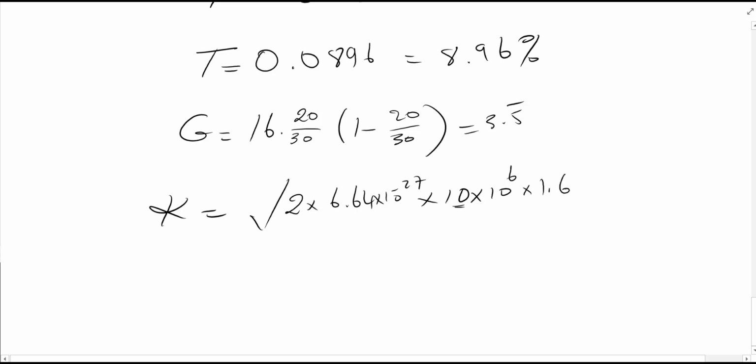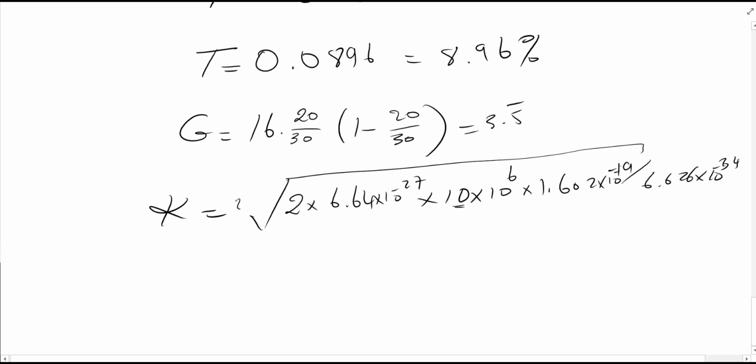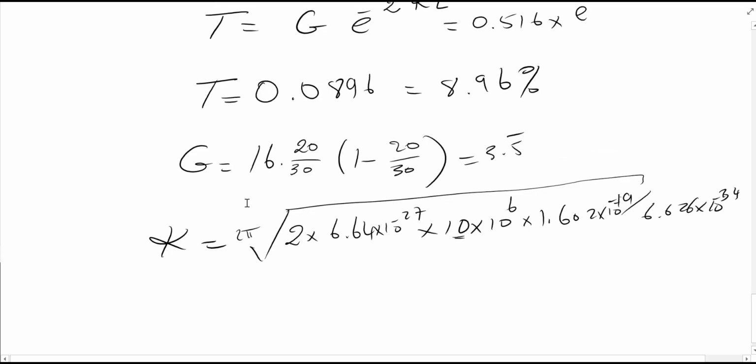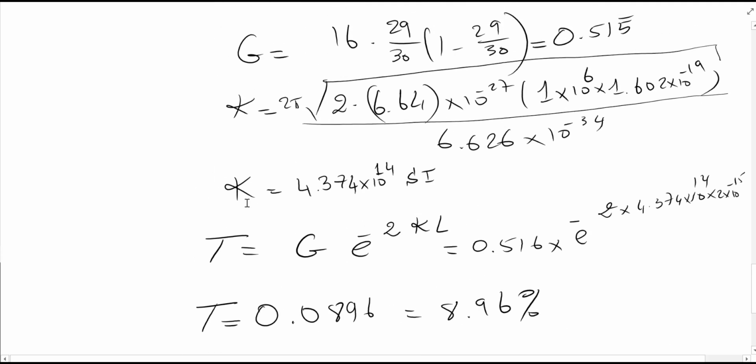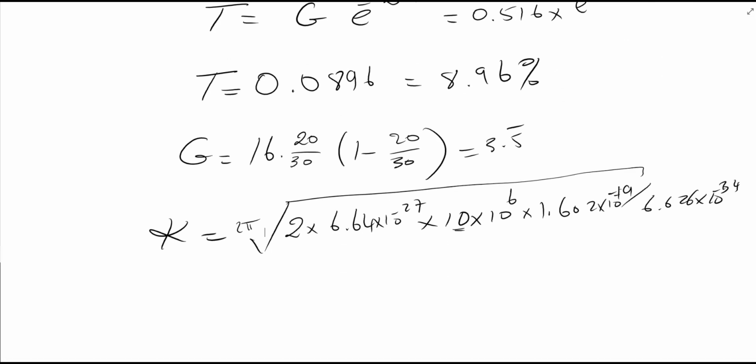times again 1.602 times 10 to the negative 19. So this is basically the expression, and the whole thing is divided by h bar, which is 6.626 times 10 to the negative 34, but you have a 2 pi in here, because that is actually h and not h bar. Okay, so if I use that formula now for kappa,